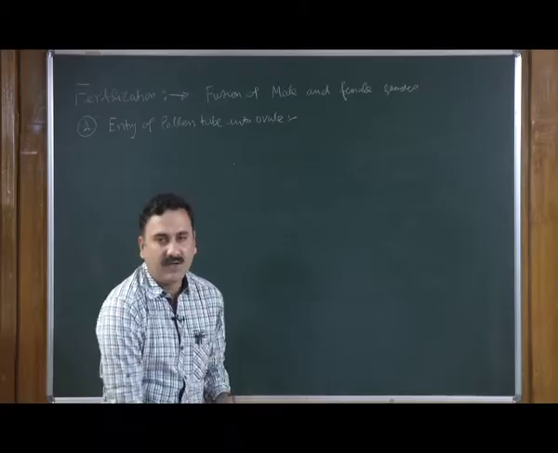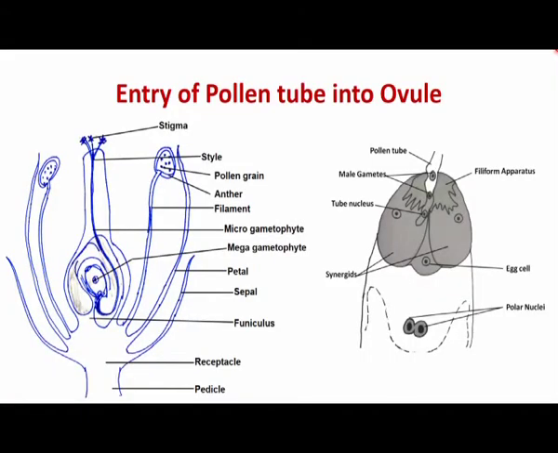As you can see on the given PowerPoint slide, we have given the various steps which are involved in the entry of pollen tube into the ovule. So, in the process of pollen tube entry into the ovule,